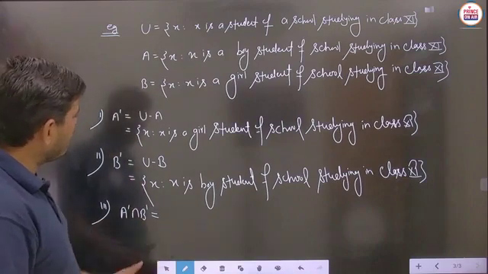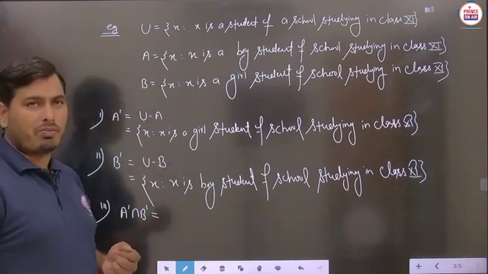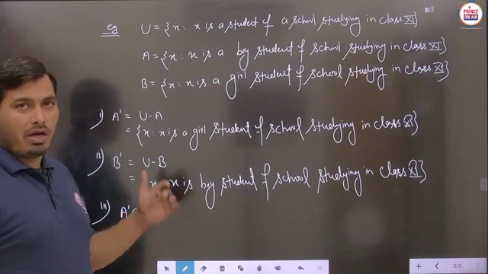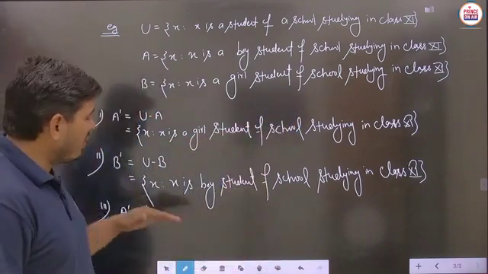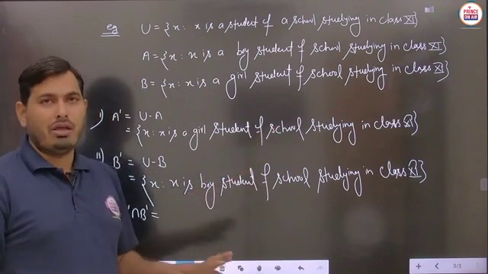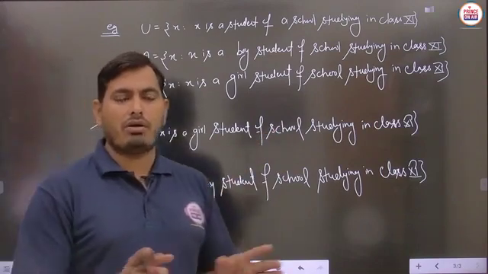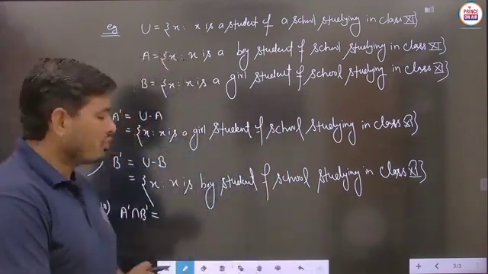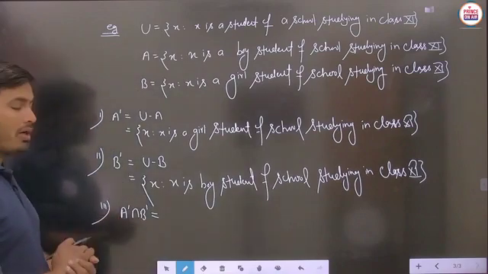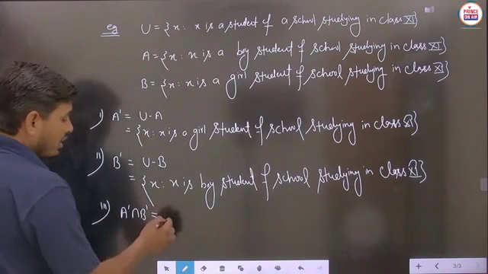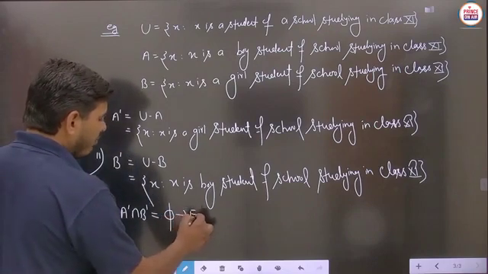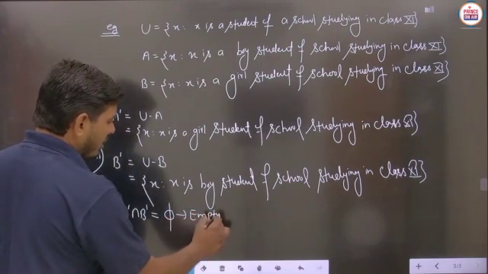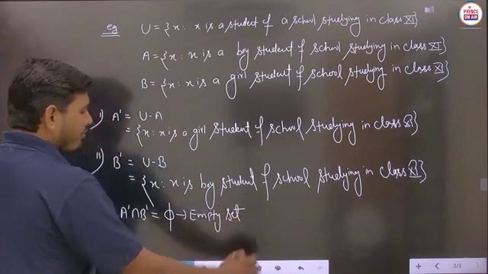So what should be the answer of A complement intersection B complement? You can find A complement in the very first part and B complement in the second part. Now student, here all the girl students are mentioned and here all the boy students are mentioned. Then you can say that no particular student is found common here. So if we want to calculate A complement intersection B complement, then the answer is obtained as phi, which is the empty set, you know very well. Is it to be clear? Phi is known as the empty set.